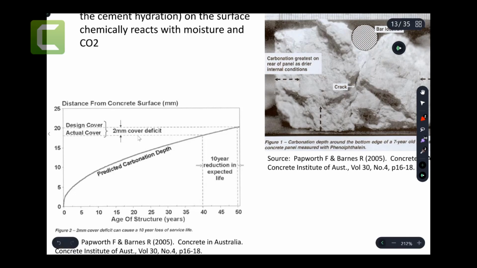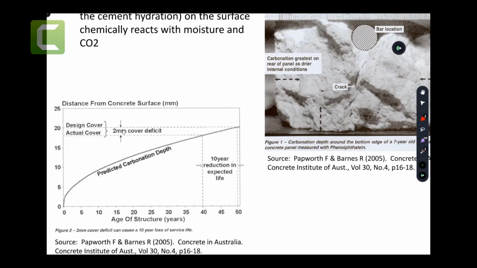So if you, for example, miss the cover by 2 millimeters only, if you correctly follow the standard and the standard says adopt 25 mm cover, however, the builder, not you, the builder ended up not doing quality work and ended up having